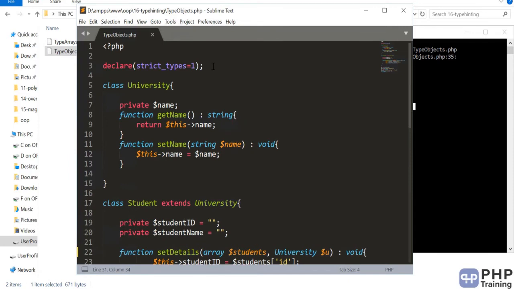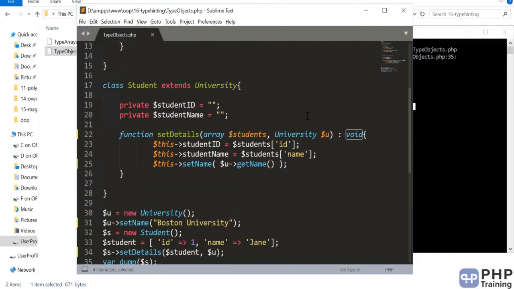And most of the programs that have been written at the enterprise level will have declared types. They want to make sure everything is defined. Their input is defined, their output is defined properly, so that its readability is very high for this program. Okay, obviously anyone looking at it can read this definition. They can say, oh, I have to pass an array and I have to pass an instance of a university, and then I have to pass the return type.